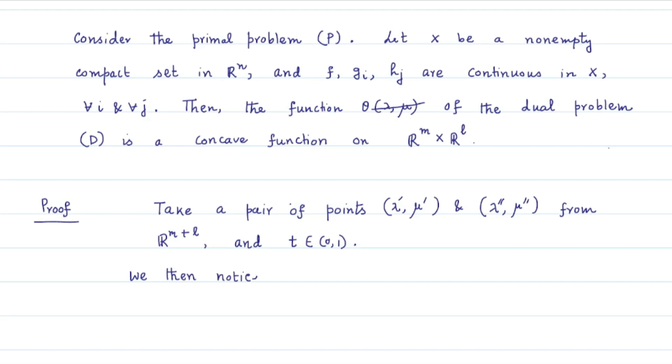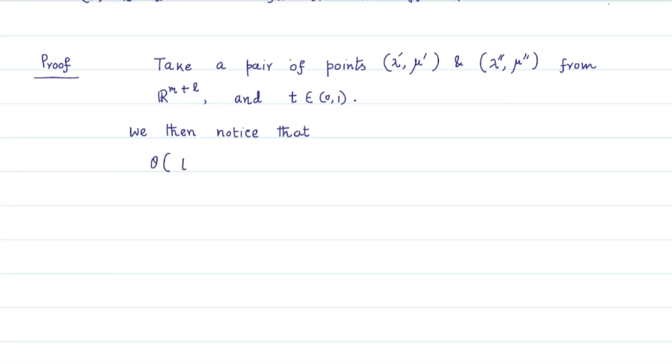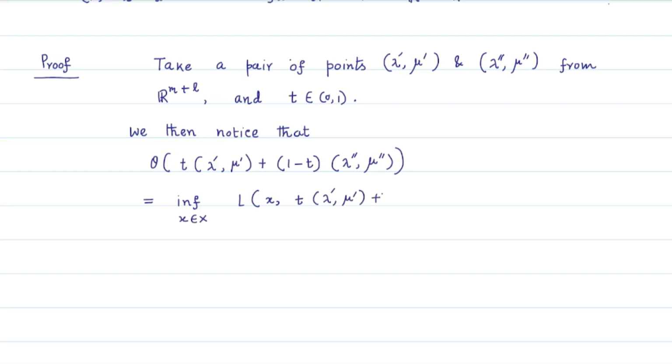We then notice that the expression of theta at the convex combination t(lambda', mu') + (1 - t)(lambda'', mu''), by the very definition of theta, is the infimum over x belonging to capital X of the Lagrangian at x, t(lambda', mu') + (1 - t)(lambda'', mu''), which explicitly is the infimum over x belonging to capital X of f(x) plus (t lambda' + (1 - t) lambda'')